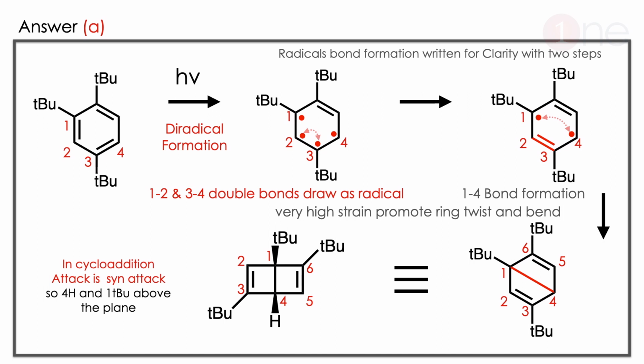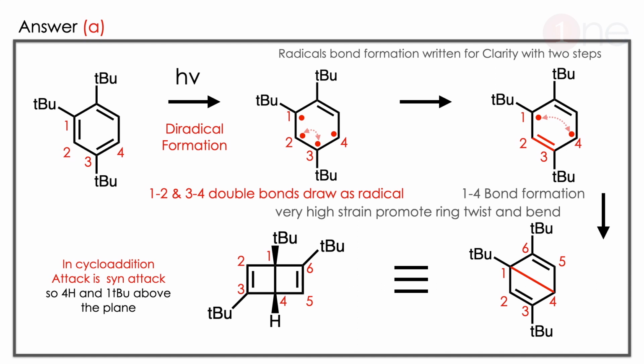The answer is A. Let us see how. Here 3 tertiary butyl groups are there. Here I numbered the benzene 1, 2, 3, 4. The numbers can help you to understand the reaction much better. So you are using the light. The light makes the diradical along the benzene ring. Here ring strain is definitely important because the tertiary butyl group is huge and bulky, so the steric effect will be there. So the steric effect forces the reaction along the ortho tertiary butyl groups. So the ortho tertiary butyl group forms a diradical. We wrote the 3-4 group also as a diradical. So clearly the bond formation occurs between 1 to 4 and 2 to 3.